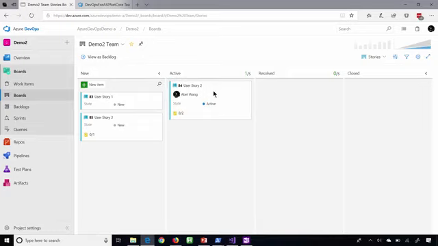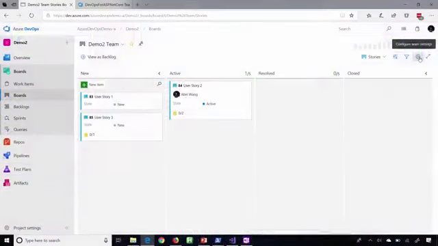Now, this board here is fully customizable, where you can make it look however you want to. So you can add your own columns, you can add your own swim lanes, you can add rules to, say, if it's a priority 1, you can change the color of the work item as well. You can add whatever field you want onto the card. Fully customizable. The way that you would do that is from the board itself, click on the gears,